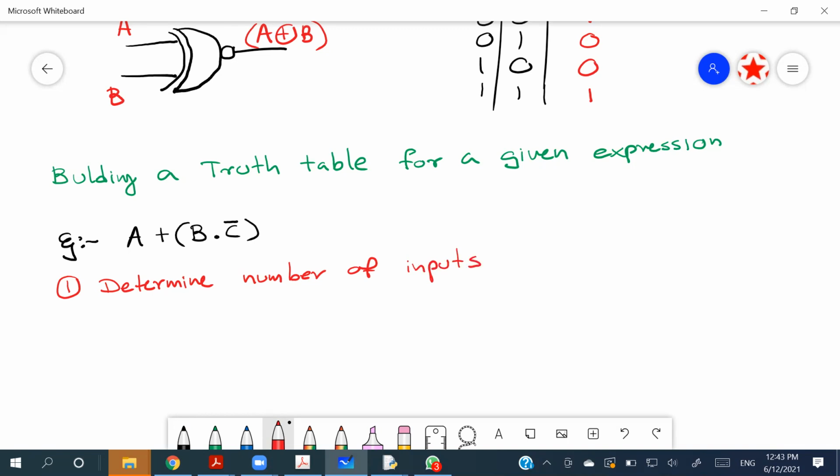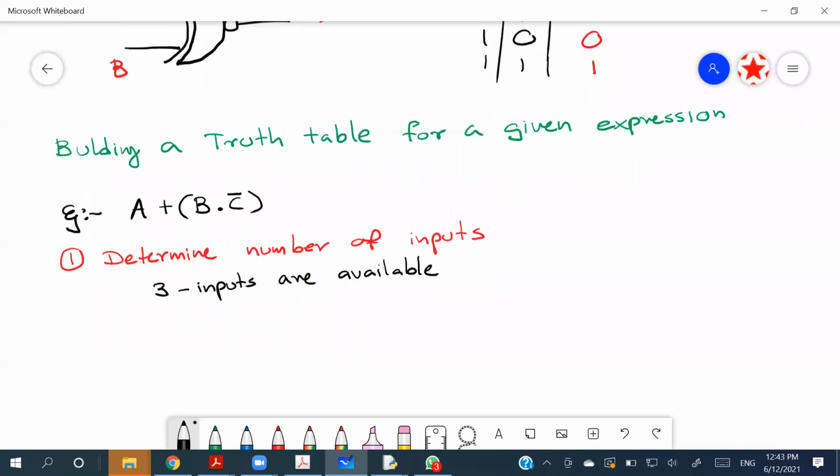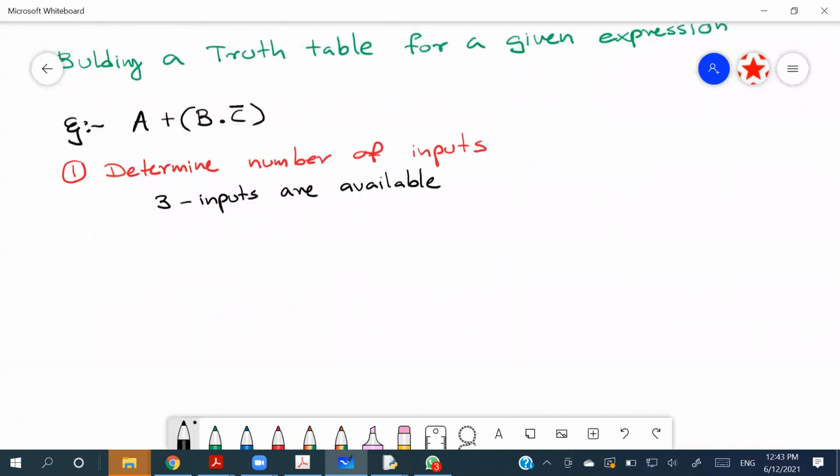So in this case, 3 inputs are available. And people, you don't need to write it like this when you are solving or when you are asked to draw the truth table. You only need to draw the truth table. I'm just showing you how it happens, right? And then